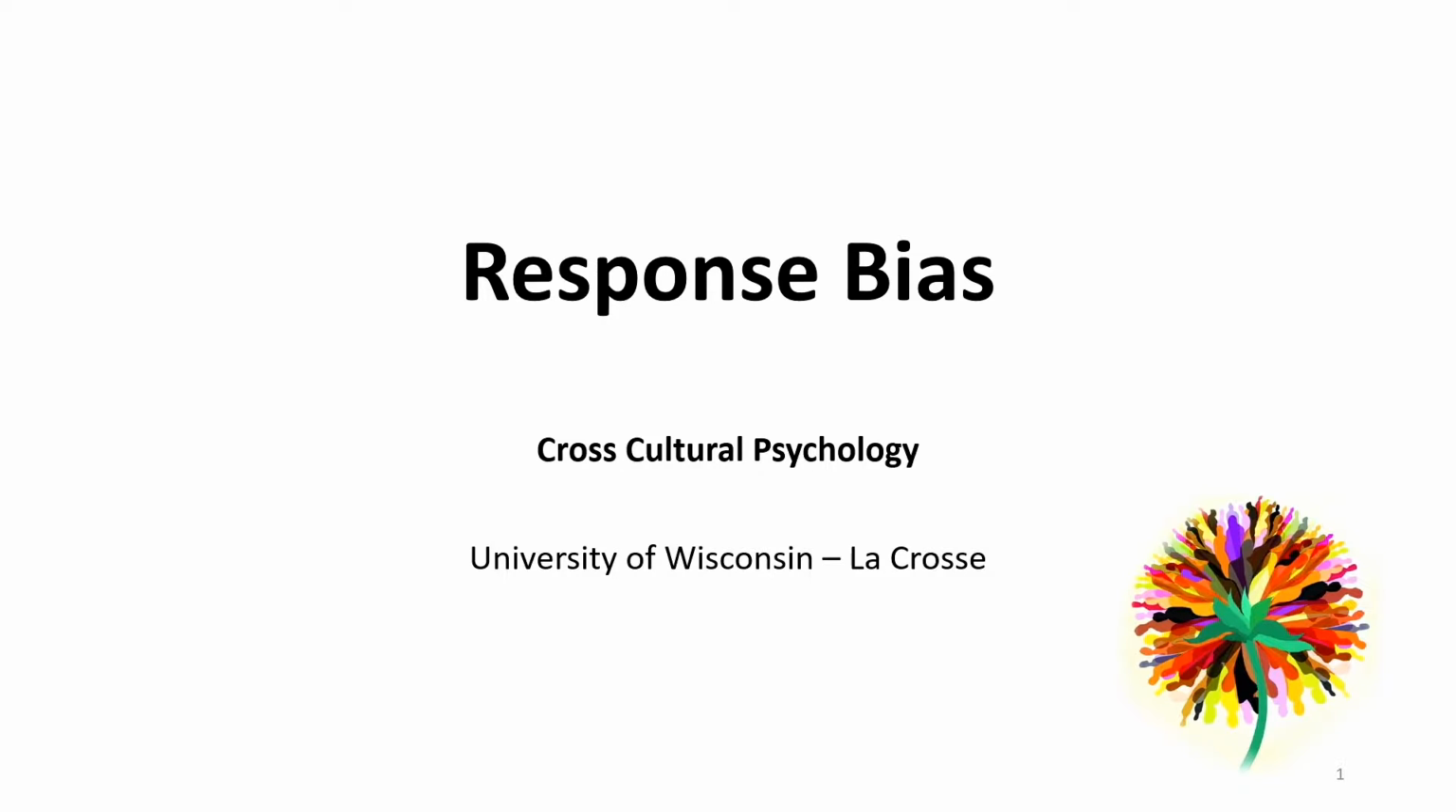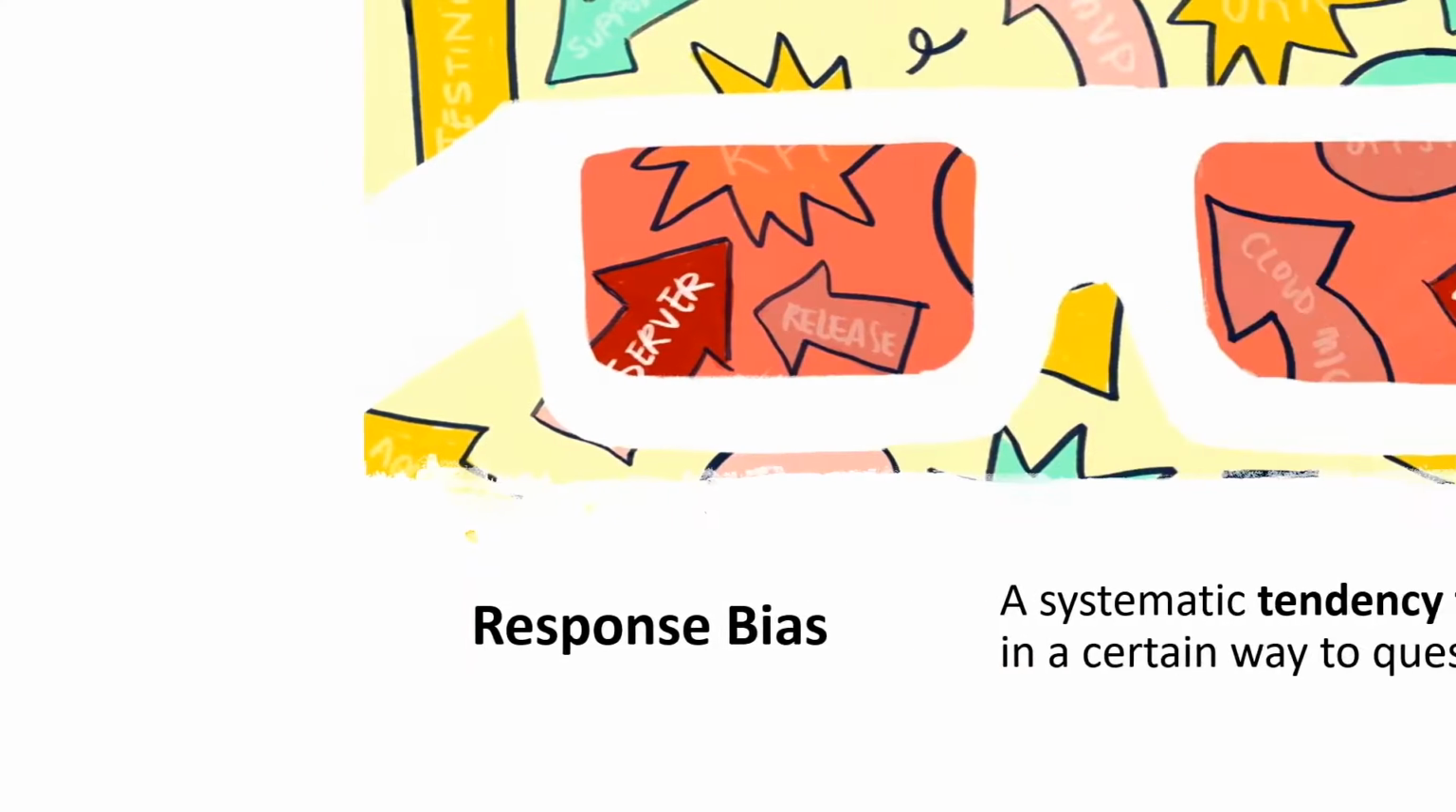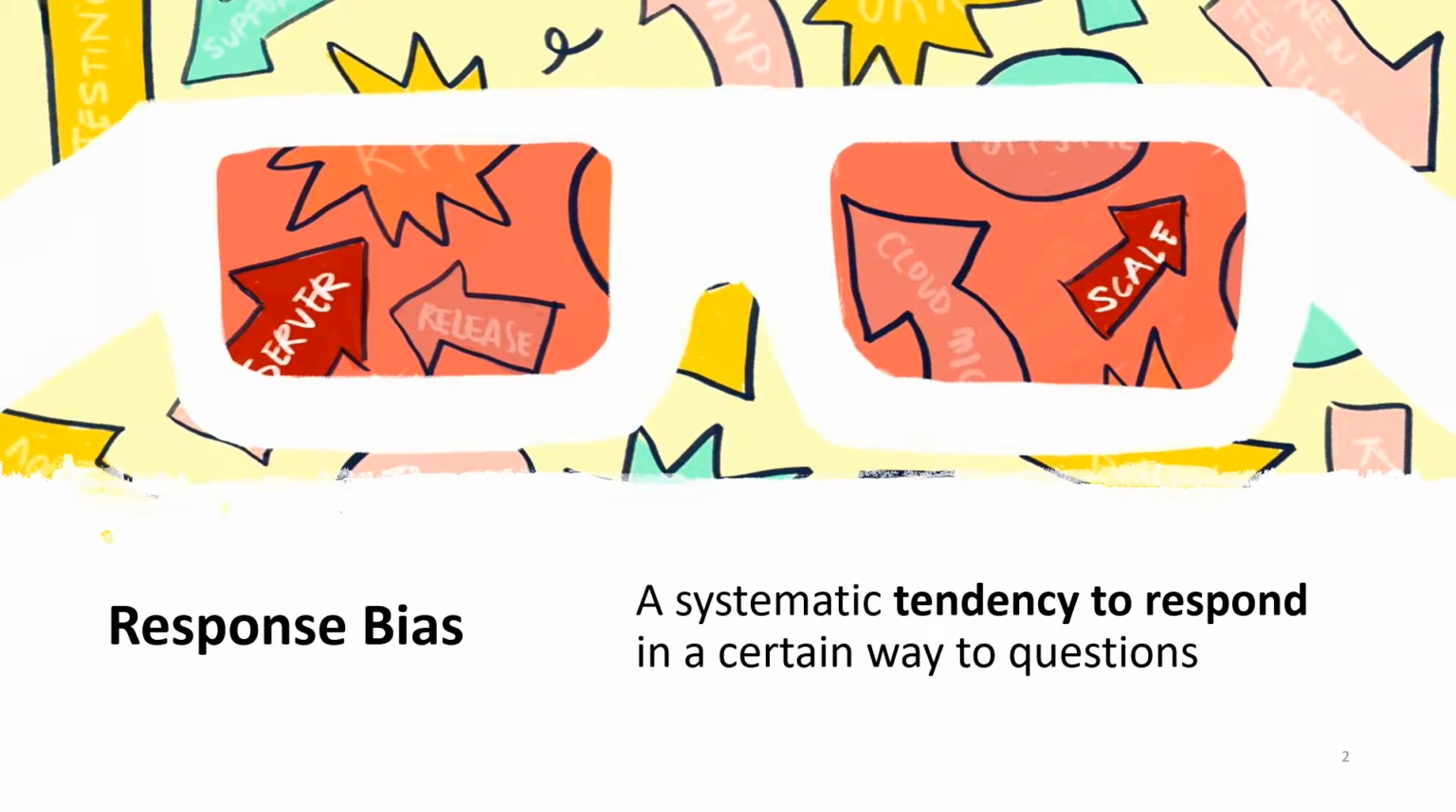Response bias. Response bias is a systematic tendency to respond in a certain way to questions. If you've made it through the psychology game this far, you know that a big thing we think about in psychological research is bias and how we can reduce biases in the studies that we conduct. Today we'll be talking about different forms of response bias and how we might correct for these biases in different